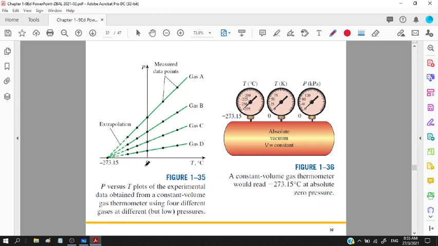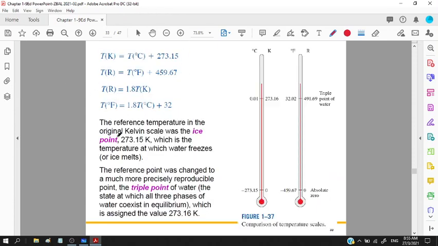That is the lowest temperature that we could have, at 0 Kelvin. These are some of the conversions: Kelvin to Celsius, Rankine to Fahrenheit, Rankine to Kelvin, and Fahrenheit to Celsius. For water, we also know one parameter known as the triple point. This you will learn in the pure substance topic.